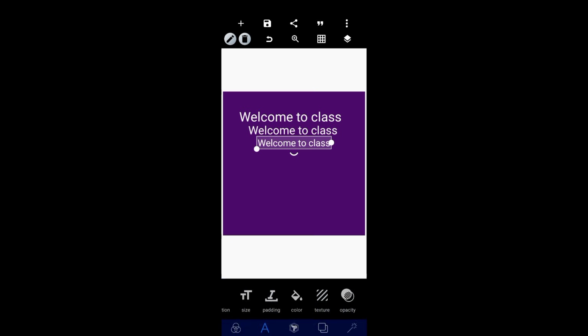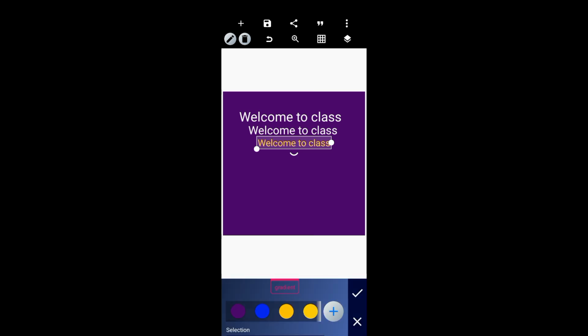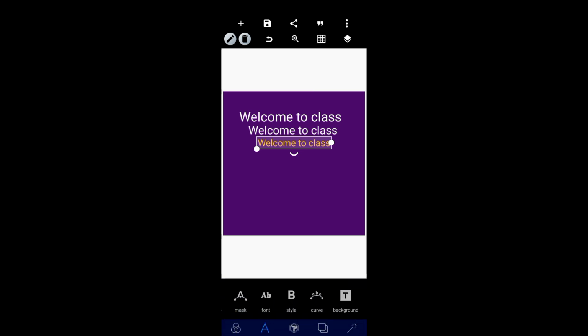And so you see, you can choose color. You can choose any color you want. The opacity. But we are going to be looking into these functions, I think, one by one. All right, and the last one,